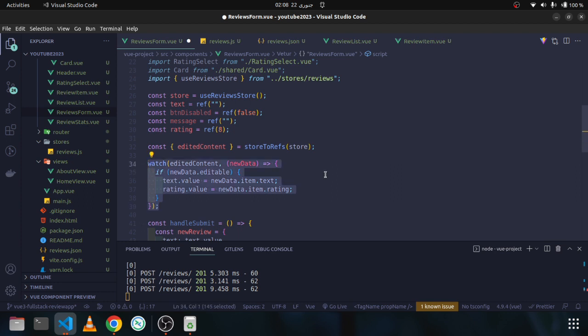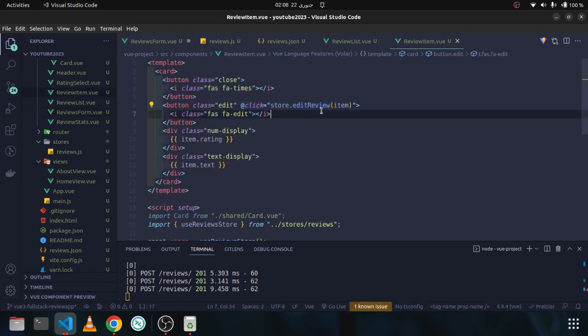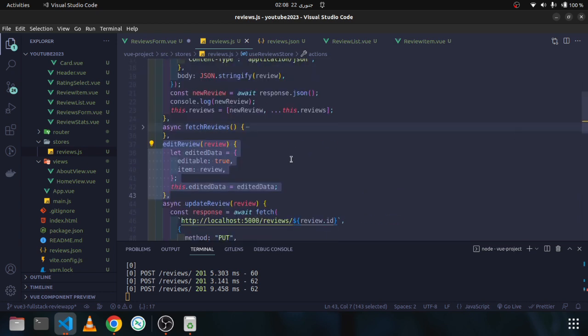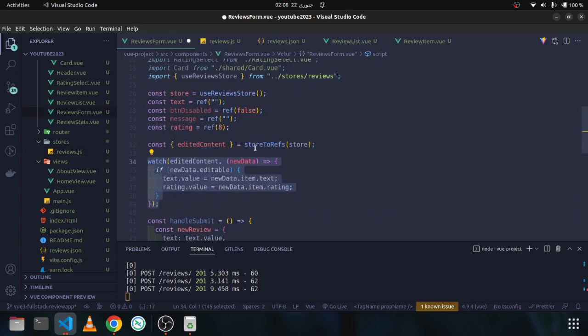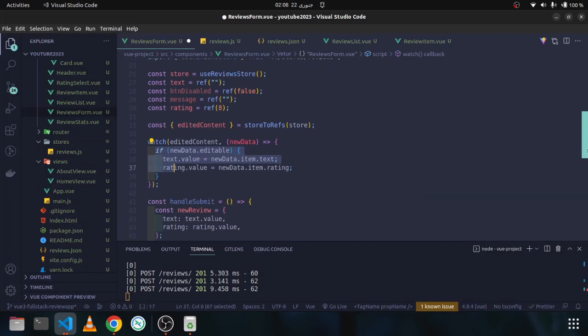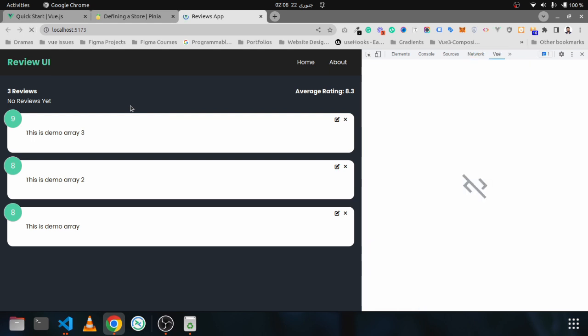Now I hope you guys understand the three steps. First we are clicking, and then here we are changing the edited content, and then that thing we are observing here. If it is changing, then we are redefining the text and rating value. So we can fill this whole thing with the review value which we clicked. So that's the whole case. Now if I save that, and if I refresh this whole thing,